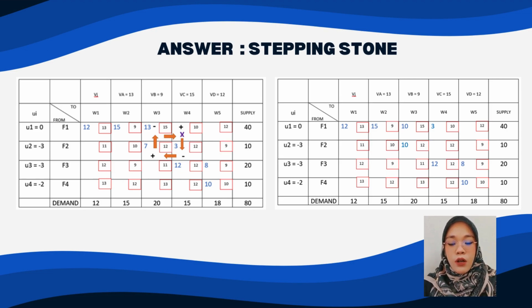Following the symbol of negative and positive, the values in the cells of the flow will be added or subtracted with the value in the second cell in the flow. So the result after adding and subtracting can be seen in the second table, which is 3 in the first cell of the flow, an empty cell in the second cell of the flow, 10 in the third cell, and 10 in the